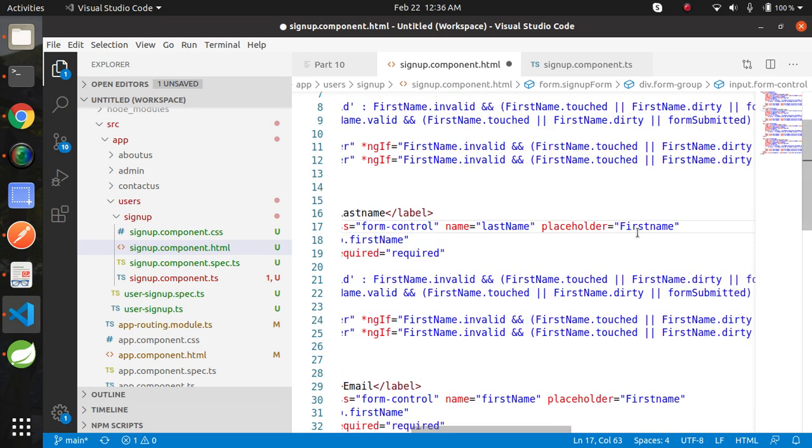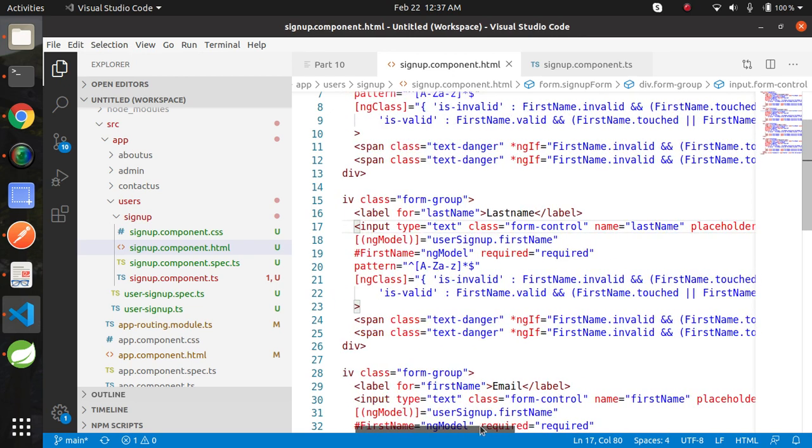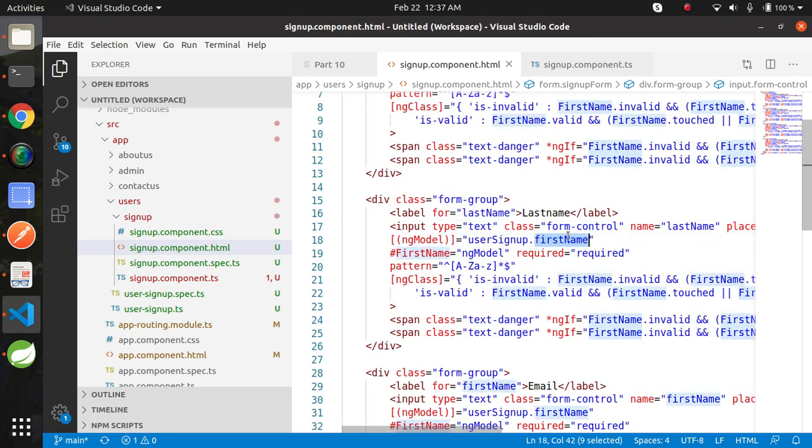In place of first name we need to also change last name. Here also last name, and change the template reference variable as well. Copy this template reference variable and paste into ngClass and ngIf, and here.